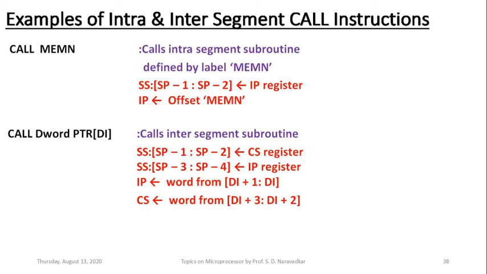And that way, by using these last two steps here, the processor's control will be transferred from the earlier code segment. It will go to the new code segment at the offset given by this new value of the instruction pointer. Here my subroutine starts, and this particular subroutine is an inter-segment subroutine, and its execution will be started. So these are the examples of intra-segment and inter-segment call instructions here.